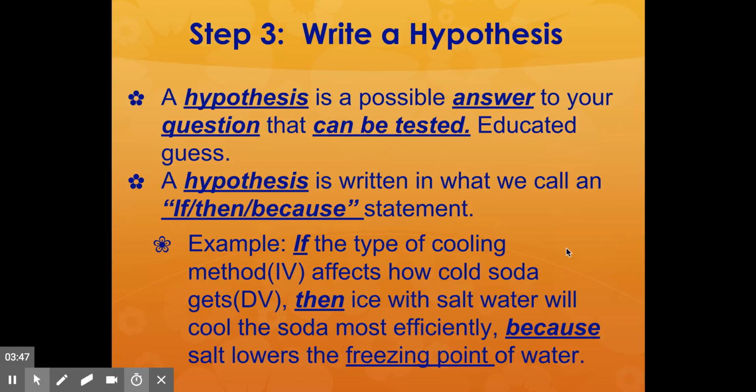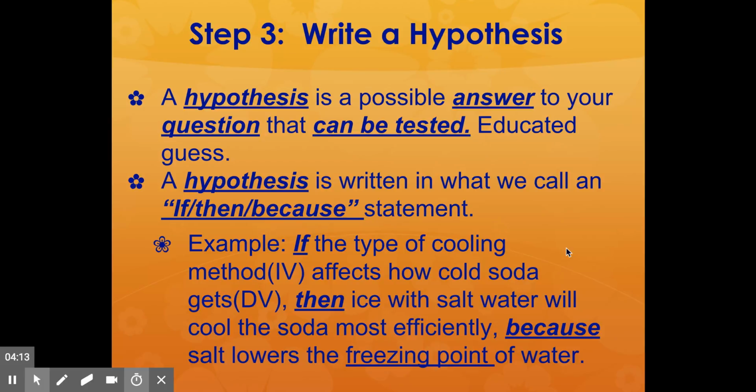You might think that the freezer is going to be the best cooling method for getting my soda cold and not freezing, and someone else might think it's the ice bath, and someone else might think something else. But here is where you are stating what you think the relationship is between the independent variable and the dependent variable. So I have written, if the type of cooling method, so if that independent variable does in fact affect